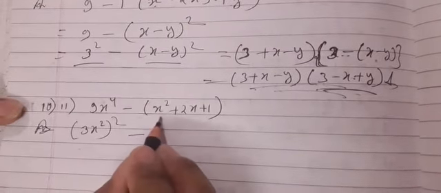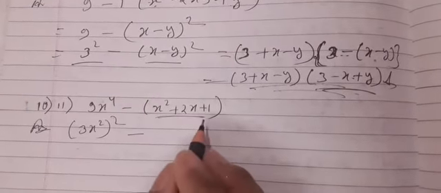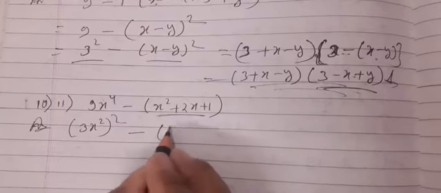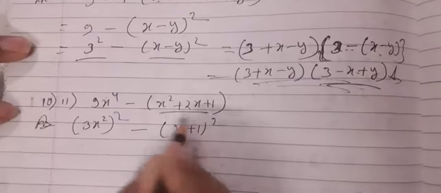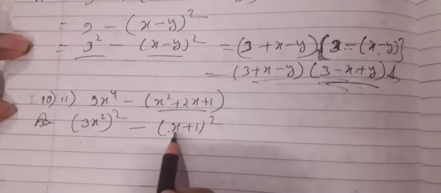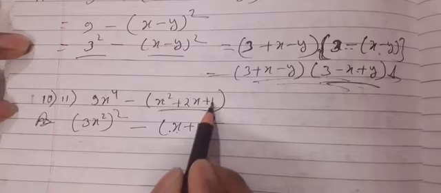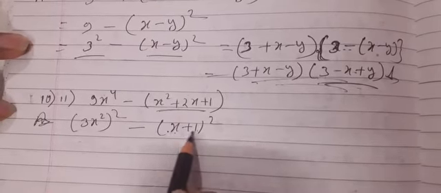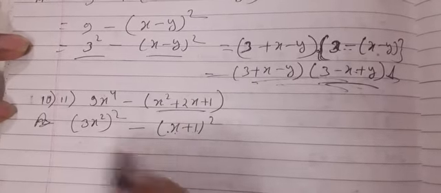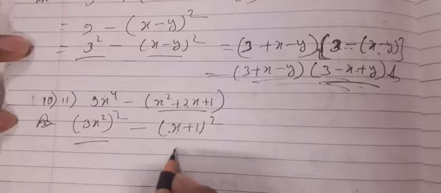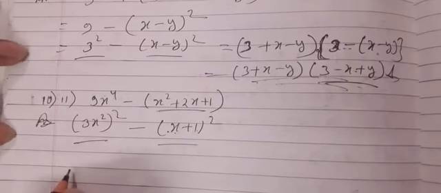And we have to think about these terms, how we will convert them into a square. So we can see here it is (x + 1) whole square, because (x + 1) square means x square plus 1 square plus 2 into x into 1, that is 2x. That's why I have written it here. Okay, now we have a square minus b square. So what is the equation?